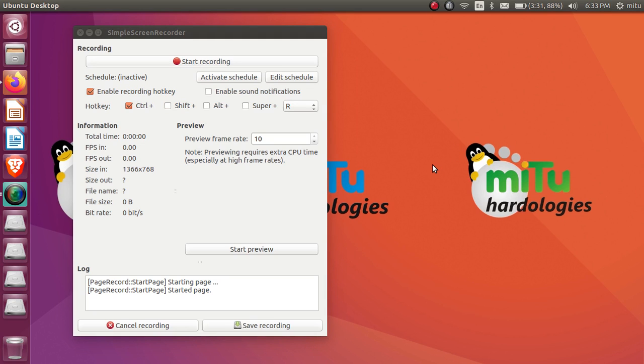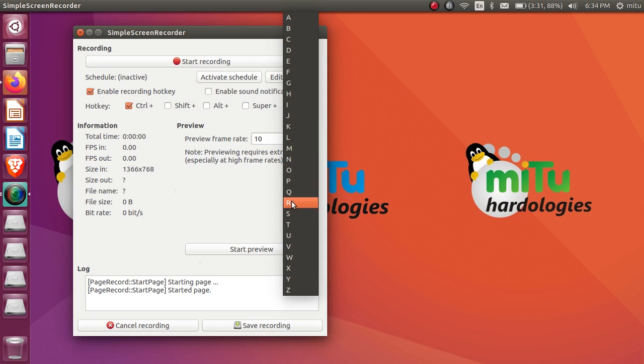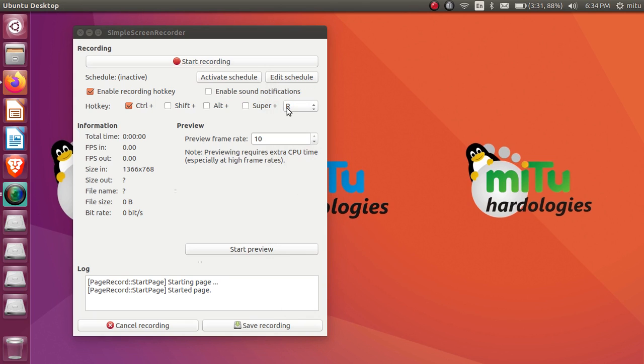But remember, when the recording is started, this window will also be seen initially. So we'll minimize it and then perform the operations. In order to avoid that, set the hotkeys. Hotkeys mean the shortcut keys by which you can start and stop the recording. So here I'm using Control. Options are given here: Control, Shift, Alt, Super. Super means the Windows key. And here, which key you have to work with. I'm using Control R. Even though you minimize this, when you press Control R, the recording will automatically be started. Remember that. When you press Control R, recording will be started and you will get the icon like this.